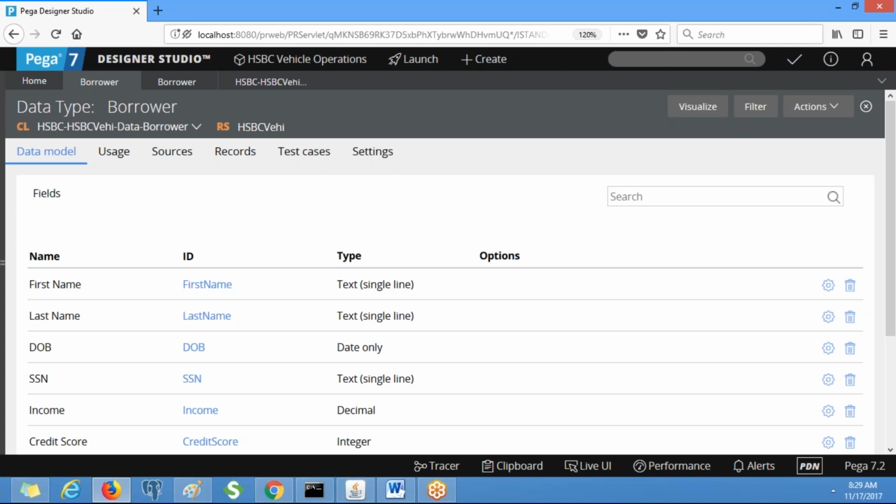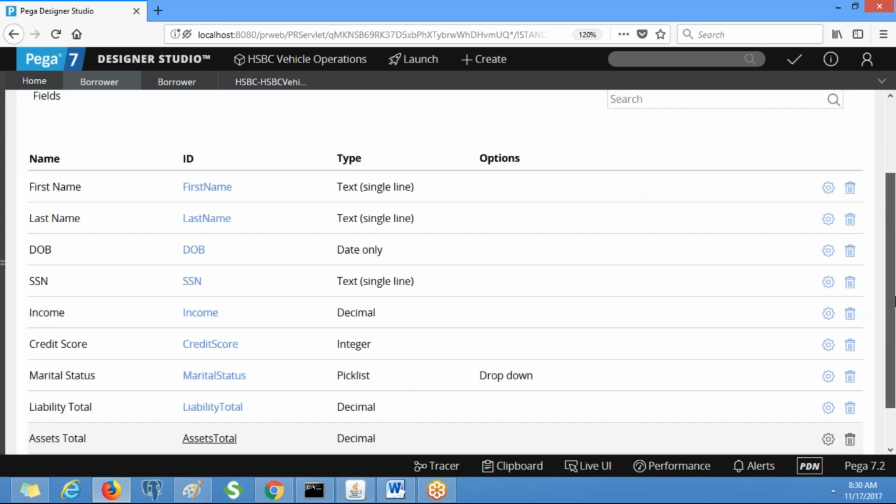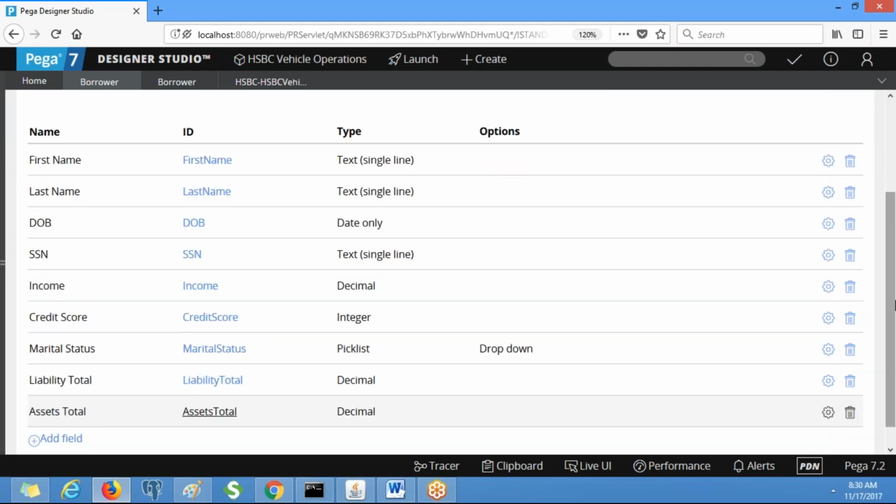If you have multiple records in the data class and you want to use those records in the user interface, you should have a property called page list under the work class. Now here borrower can have multiple liabilities and multiple assets, right? In that case we need to create page list properties: a page list for liability, and for assets also a page list property.